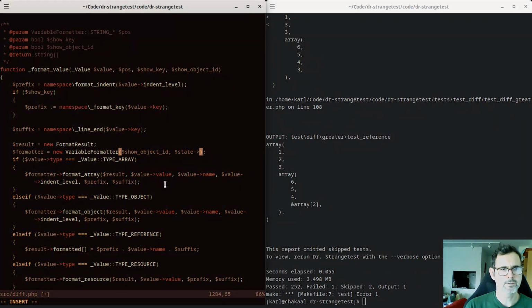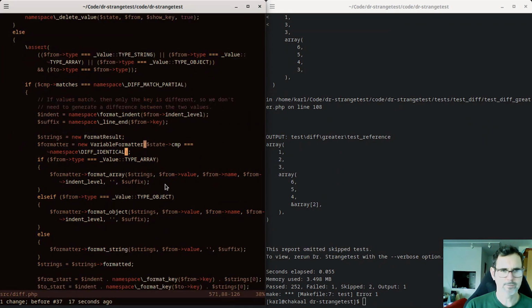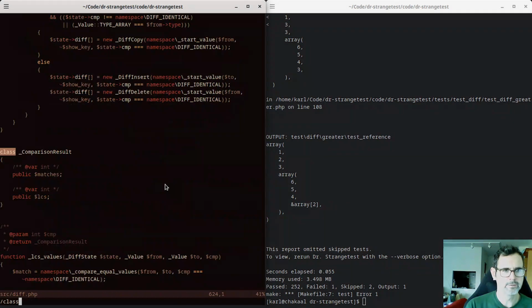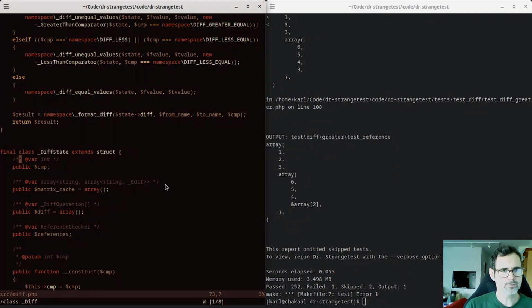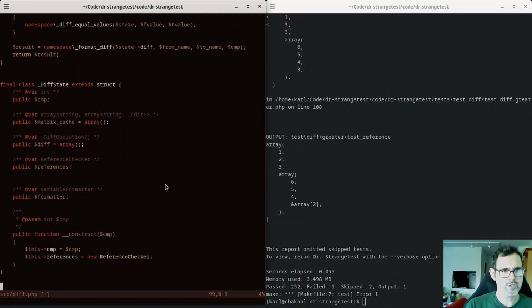Except, actually, you know what I'm just going to do? I'm just going to do it. I'm just going to go crazy here. So, I think at this point now, we can actually just use one formatter for all of this. So this is going to be comp equals